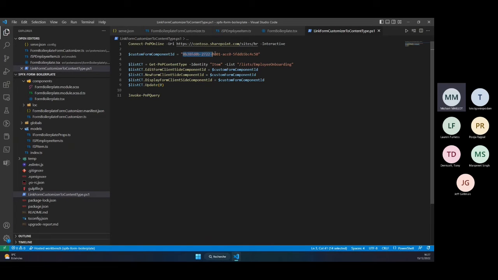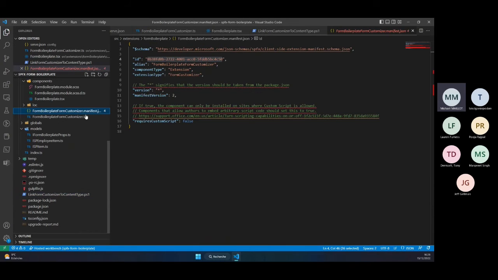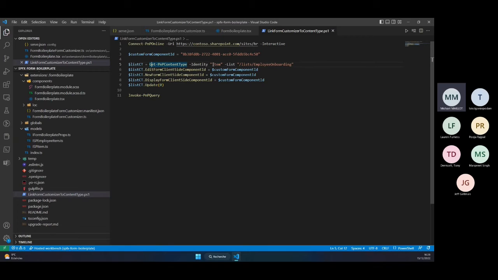You have to get your component ID that you can get from your form customizer manifest file here. And then you have to get the content type. So for example, here I took the default item content type from my employee onboarding list. And from the content type, you have 3 properties that are now available, which are client-side component ID. You have 1 property for each form context, which is interesting because you can decide to keep